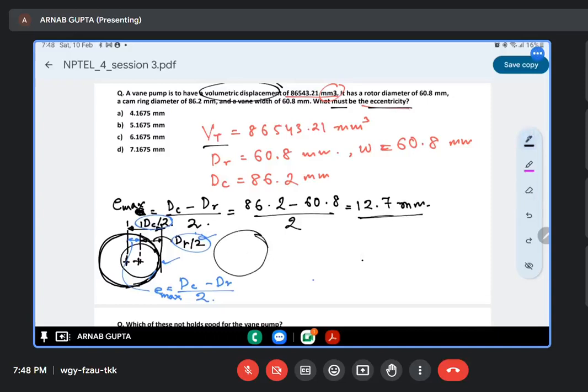So when you're having a condition like this, there is a shift from E max to a lower value of E. You have the cam ring diameter given, vane width given. What must be the eccentricity? So let's apply this formula. Vt is equal to